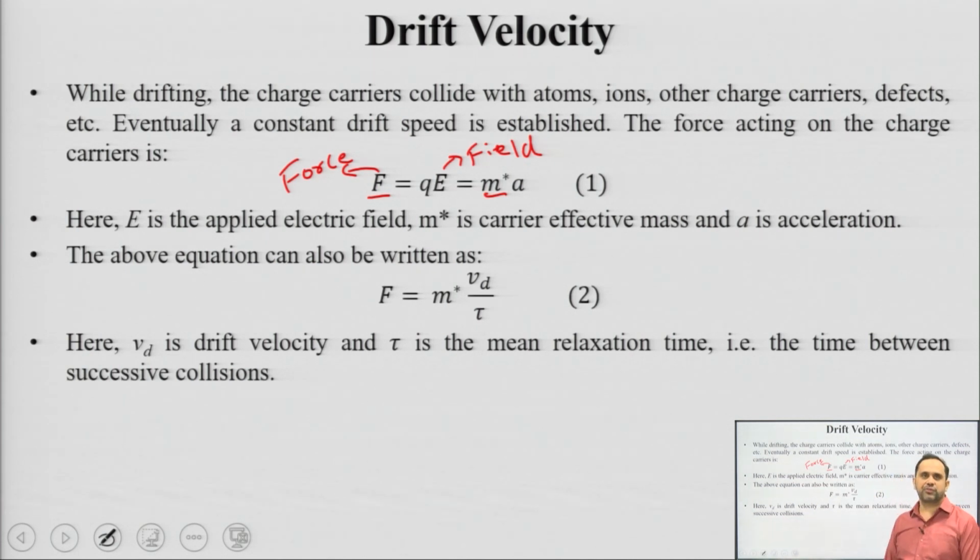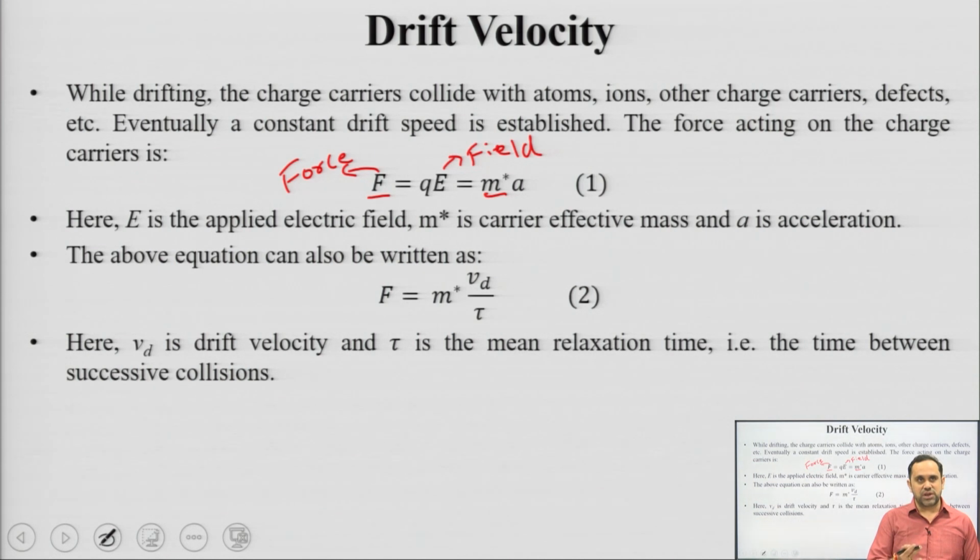Okay. So, instead of free mass, we use the carrier effective mass. So, for the applied electric field, Q times E equals m times a, and instead of m we use m star, which represents the carrier effective mass. Okay. This equation I can write as F equals m star, the effective mass, into, instead of acceleration, I have replaced it with the definition of acceleration, velocity upon time, and when the charge carriers are drifting, they are drifting at a constant speed. Okay. Would not say constant speed, would say that an average speed has been achieved, right.